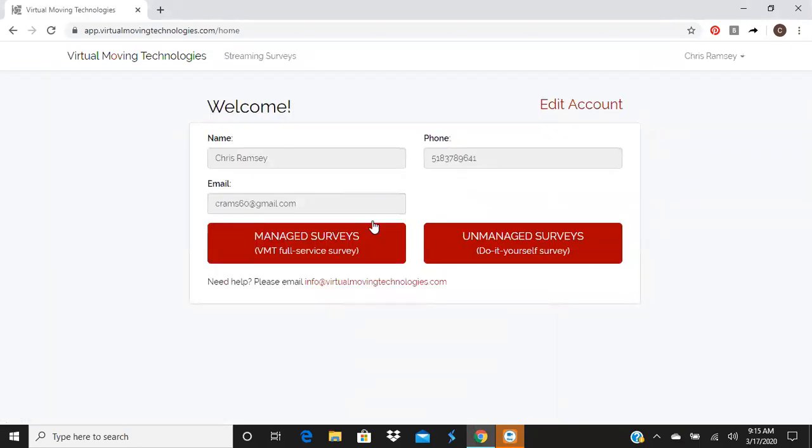And when you get into your account, you're going to have a decision to make right away. Again, very simple. You only have two choices to make. Do you want to do a managed survey, a VMT full service survey, or do you want to do a do-it-yourself survey? So we'll go to the VMT full service survey, and just in case...